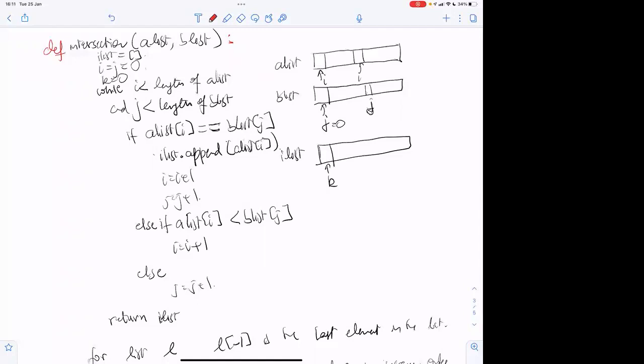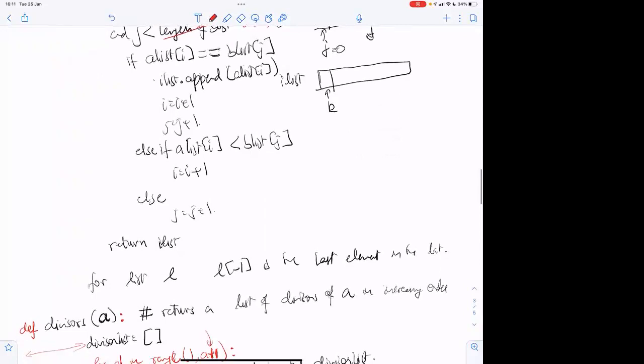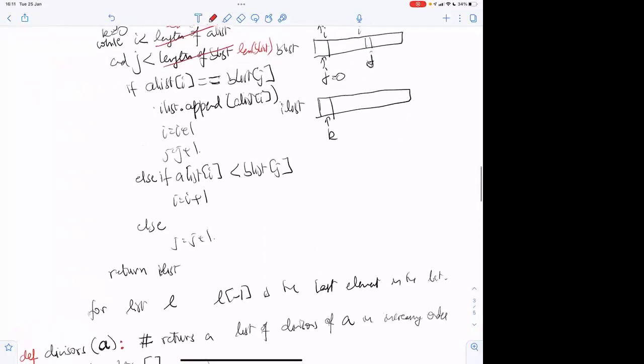You would replace this by len of A list, J is less than len of B list. And if A list I is, now it's almost this one, this will be changed to elif. That is short for else if, correct? And I should write it below.